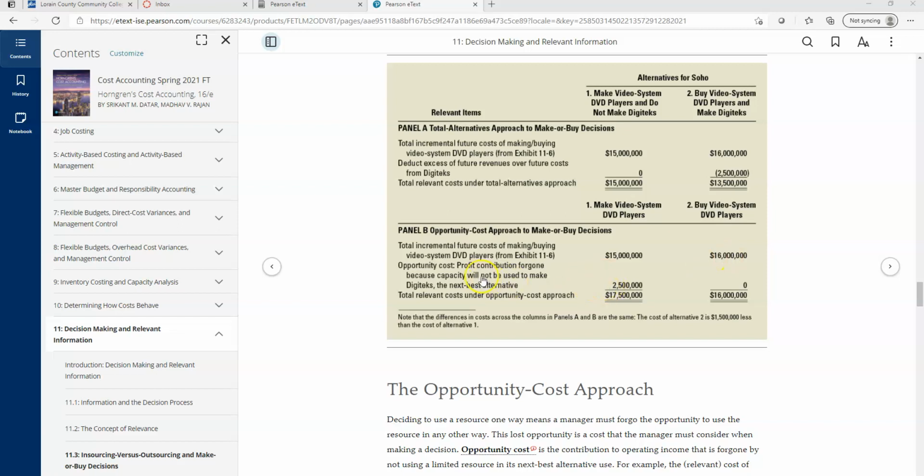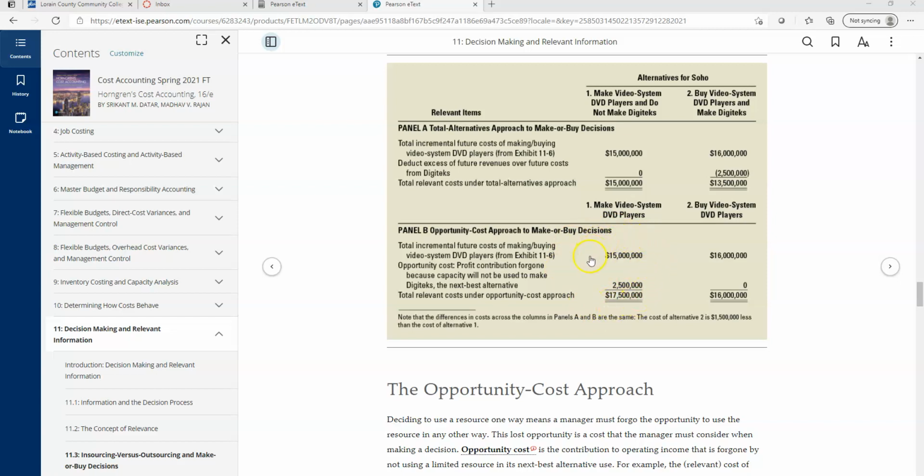Then what I'm doing is my opportunity cost is I have no opportunity cost with buying the DVD systems because I'm not giving up anything over on the buying the video system side. But what I am giving up in opportunity cost is $2.5 million of additional operating income. So if I choose not to do anything, then I'm foregoing contribution margin of $2,500,000. So really the total cost of making those products in-house is